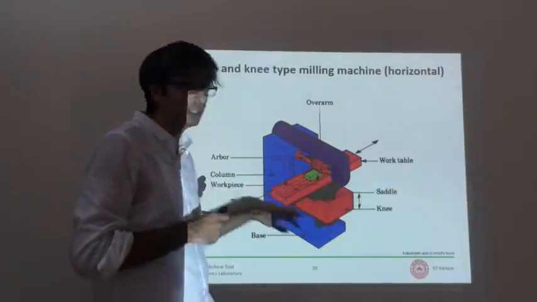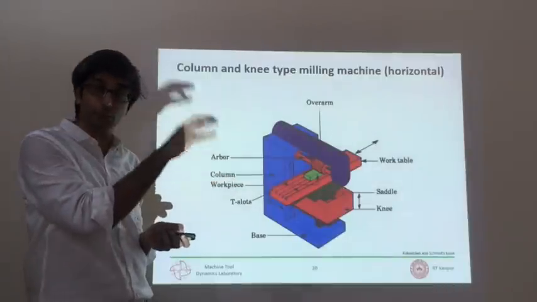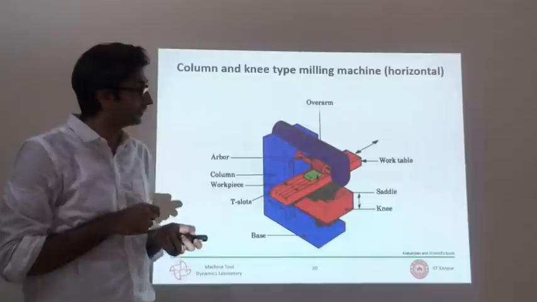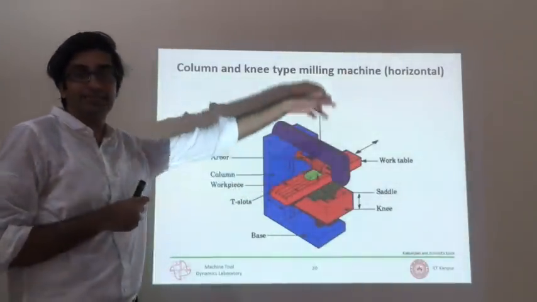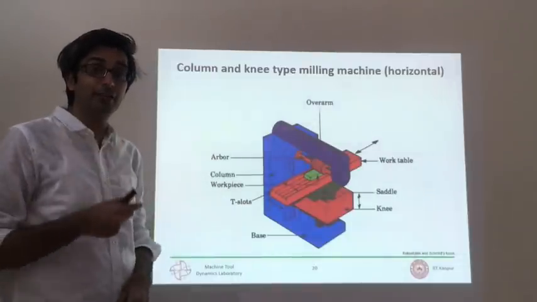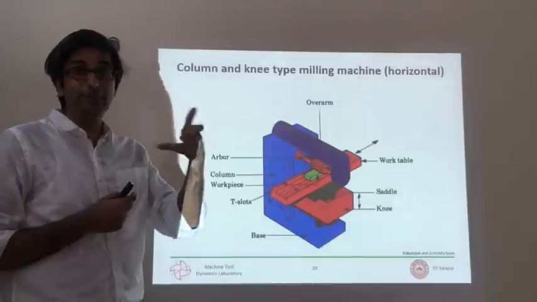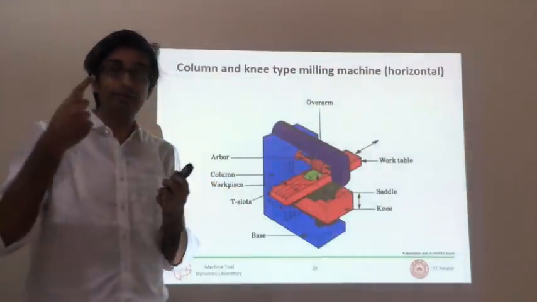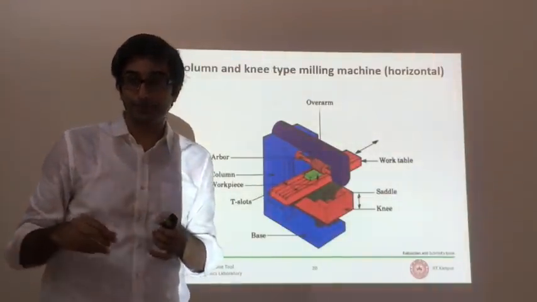The same thing at the bottom you will have, to move the tool, to move the workpiece. You will have XYZ motion possible on the workpiece, normally not on the tool. To give you a little sense of how the tool is clamped here, it is very different from the drill chuck or how the workpiece was clamped inside the turning machine. So I'll just briefly talk about that, and then we'll talk about the kind of machining operations possible on this.